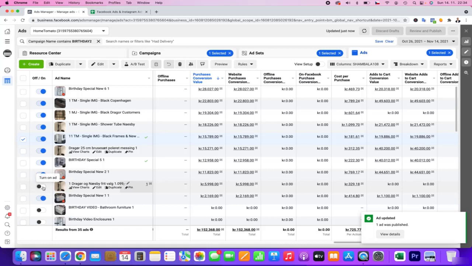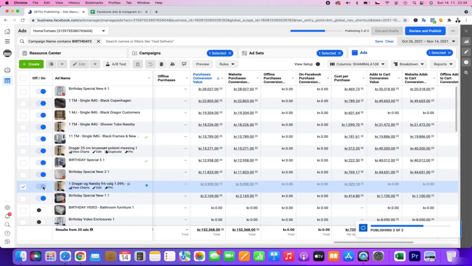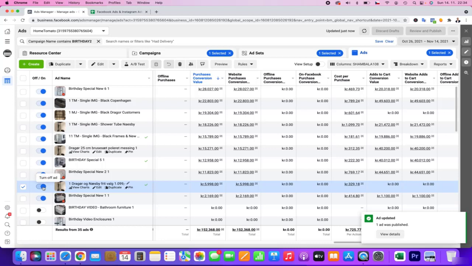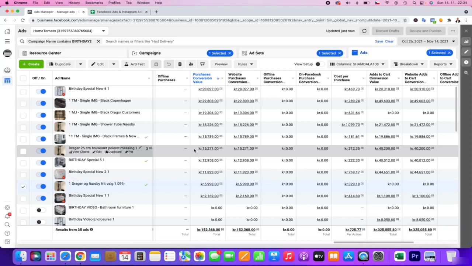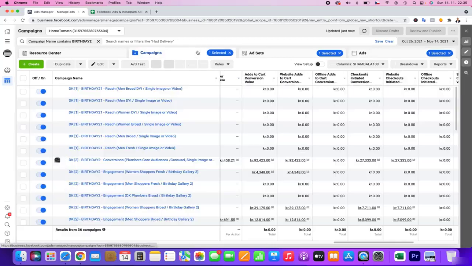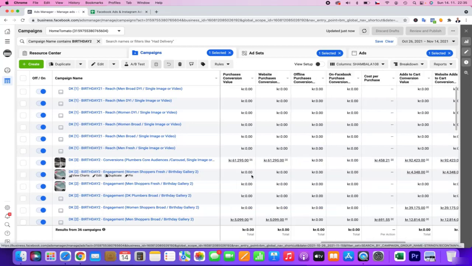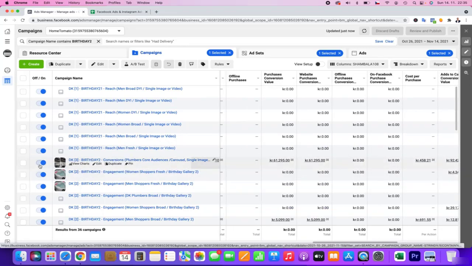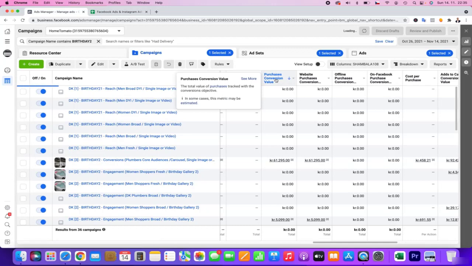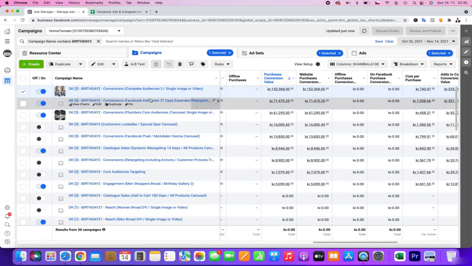And I want Facebook to use it because it has a memory of success, of how to really perform, so I want to keep it and use it next time, because I will turn it off on the level of the campaign. So this is really important. When you turn it off on the level of the campaign, you can keep all the other ads active inside the campaign, because the campaign will not be running.